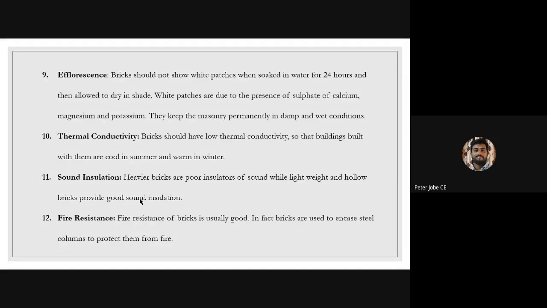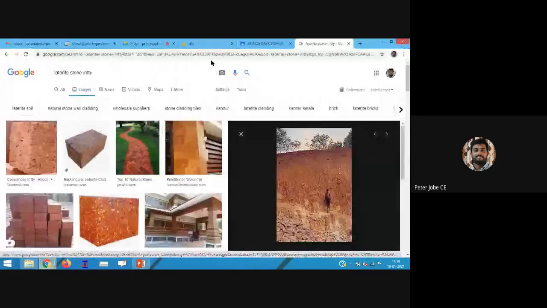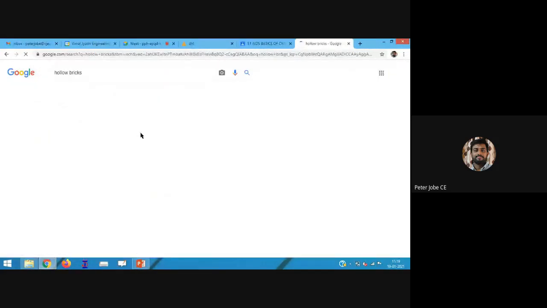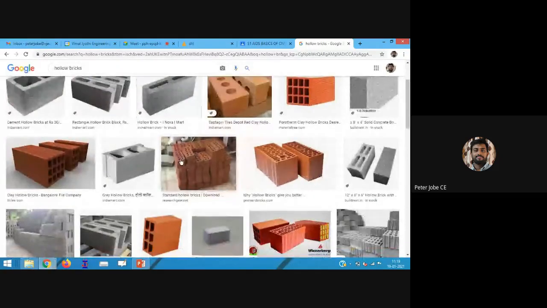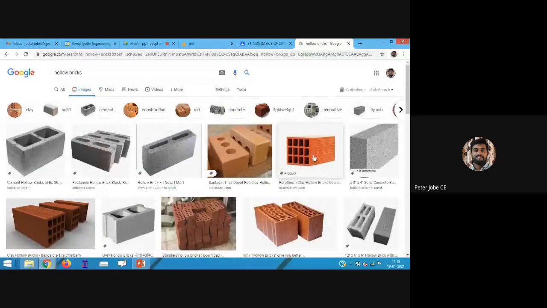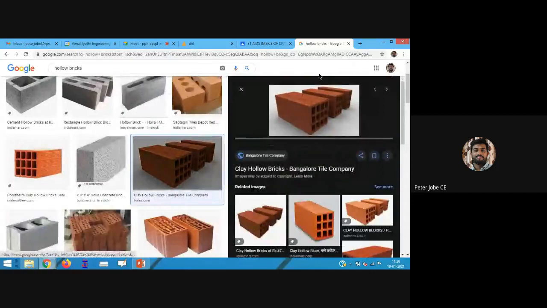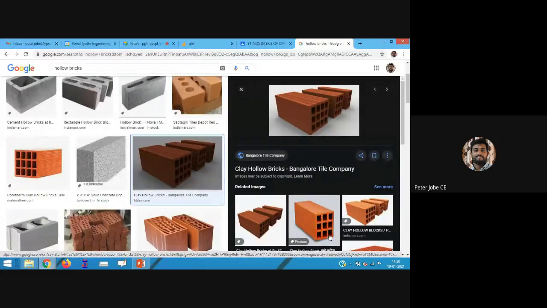So if you want to construct a building with sufficient sound insulation, where we don't want to hear the noise from outside and also don't want to transmit the sounds inside to the outside environment, we can use hollow bricks. Hollow bricks means the inside of that brick will be hollow. If you haven't understood what is meant by hollow bricks, I can show you. You can see this kind of brick is known as a hollow brick. These are all made of concrete, and right now we are talking about bricks made from clay. This kind of brick is known as a hollow brick. It will be designed like that, and it will have sufficient strength